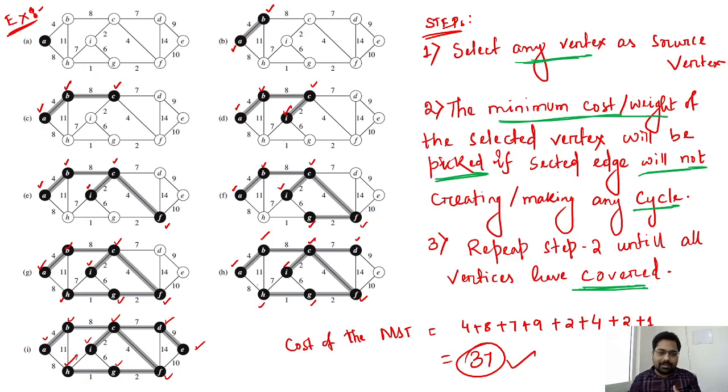So 37 will be the minimum cost we can expect, and this is because of the greedy approach. The minimum will be selected first, without thinking whether any problem will occur or not. We are just picking the minimum one. So this is how the approach runs, through which you can run Prim's. But the note we have to write, what we have to remember, whenever you are focusing on Prim's approach or Prim's algorithm,